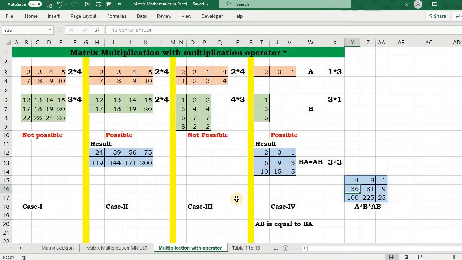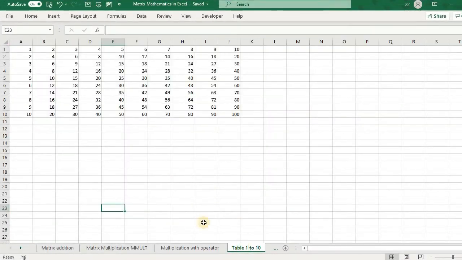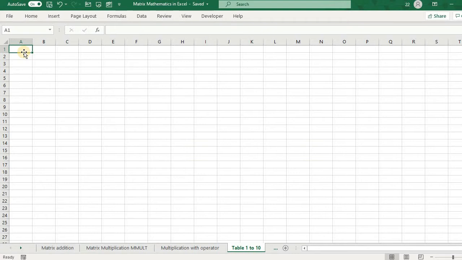So now coming to a few applications of this multiplication of matrices. The first one is, let's say you quickly want to generate a table of 1 to 10. If you have the sequence function, you can do it very easily, but still there you have to multiply or add some matrices. So I am showing you without the sequence function. I'm simply writing what I need to do. I need to generate a table of 1 to 10. So 1 to 10 will be horizontal, so I am generating 1 to 10 horizontally.